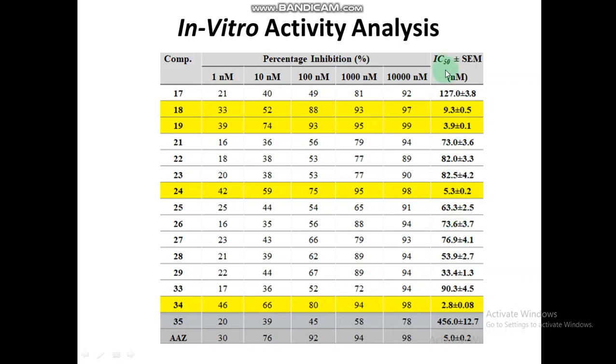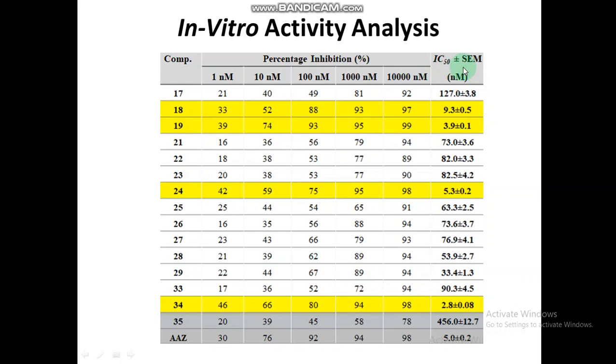And how do we find IC50 values from percentage inhibition? There is a video on my channel in which you can study how we can calculate IC50 values by using GraphPad Prism. And there is also a video in which I have mentioned how we can find the standard error of the mean through bar